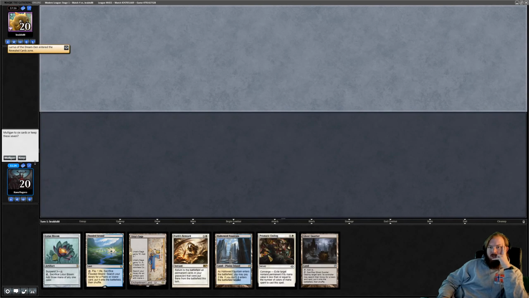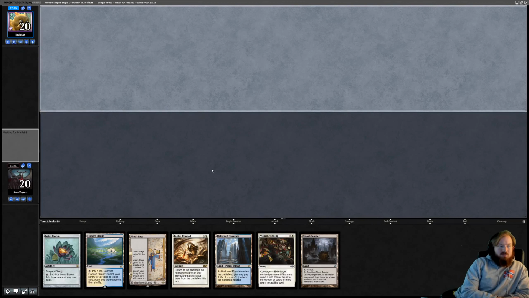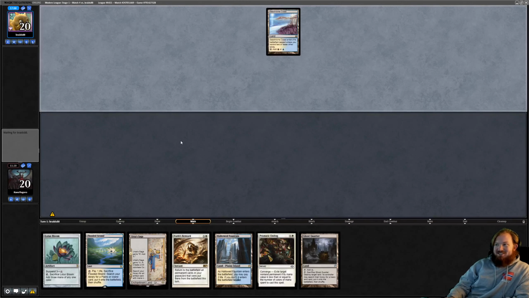Okay. I will keep this. It's kind of fragile, but we can interact early, potentially, with Prismatic Ending, provided our opponent does not, like, have an instant speed way to set up their combo. Like, if they just play out a bunch of creatures and then just Sigarda's Aid, hammer, hammer, like, there's nothing we can do about it, but...